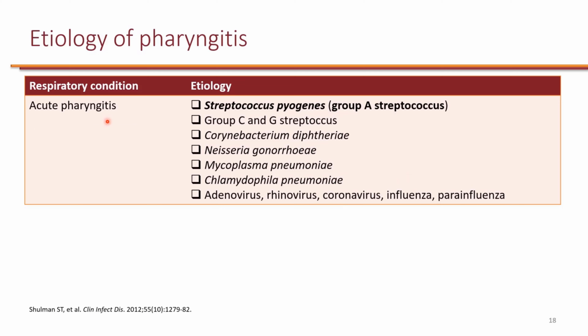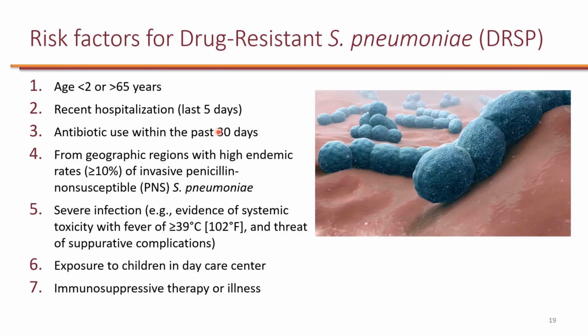Now, for acute pharyngitis, of course, it could be due to different causes, mostly due to viruses, but also occasionally some other bacteria will cause pharyngitis. The IDSA guidelines are specifically for Streptococcus pyogenes or group A strep pharyngitis. And the way we diagnose it is that we do a throat swab, and if the patient tests positive for strep pyogenes, that's when we treat it. So the treatment is primarily targeted at Streptococcus pyogenes.